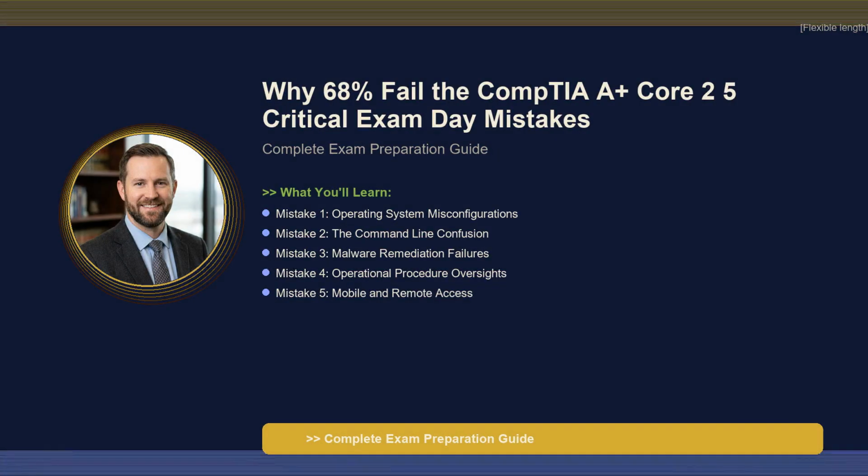A student messaged me last week panicking about the CompTIA A+ Core 2 (220-1102) exam, and her question was so common I figured I'd just answer it for everybody. She was doing all the reading, but when it came to the actual troubleshooting simulations, she felt like she was